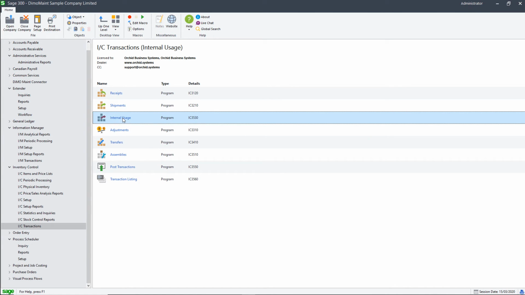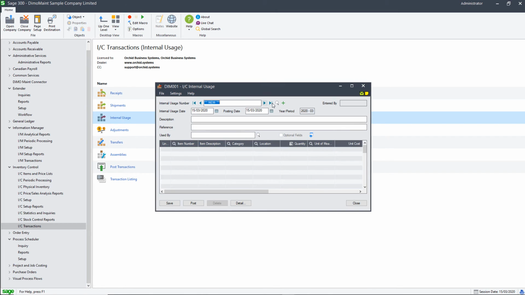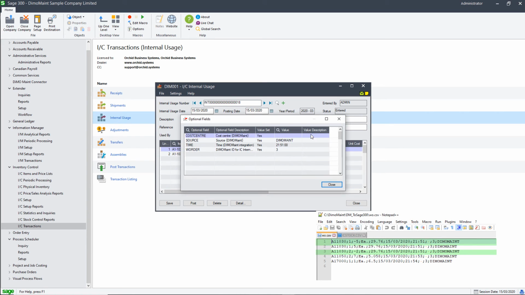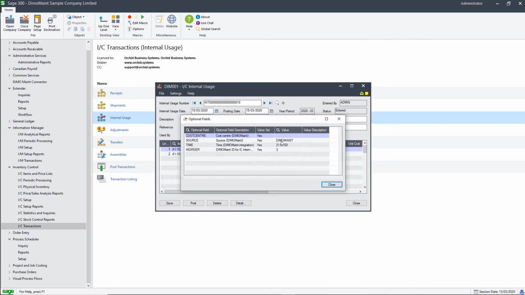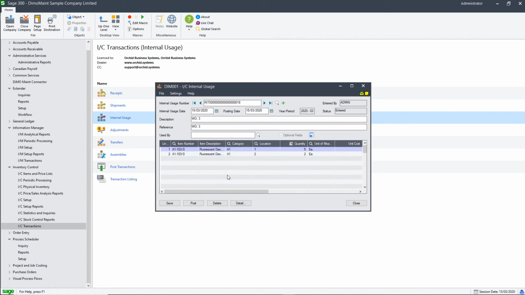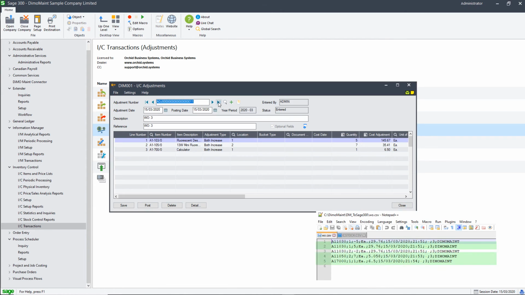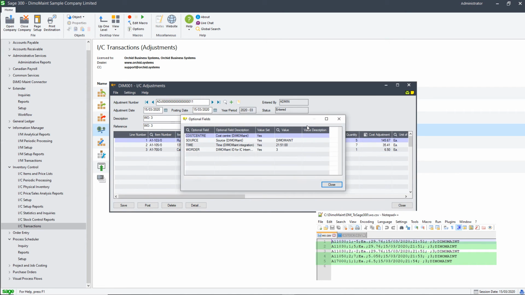Let's check that the transactions have been created successfully. I'm going to look at my internal usage screen. I can see that it's created an internal usage transaction with 2 lines, the quantities as they were in my file. If I look at my optional fields, I've got my source is DemoMain, I've got the DemoMain work order number in there, and if it's filled into the file, I will also have the cost center that this order is associated with. And if I look at my IC adjustments, I've also got an IC adjustment, the same work order, the description in there,